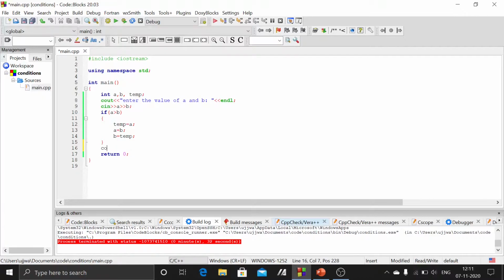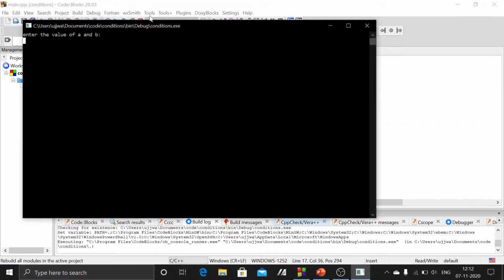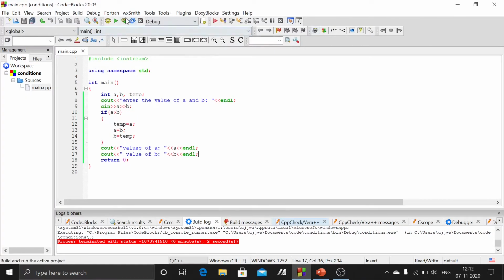After that we will display the values of a and b using cout. So now I'll build and run it.